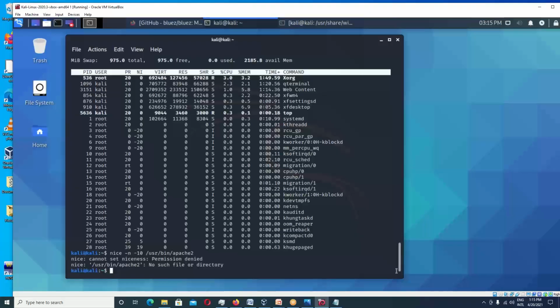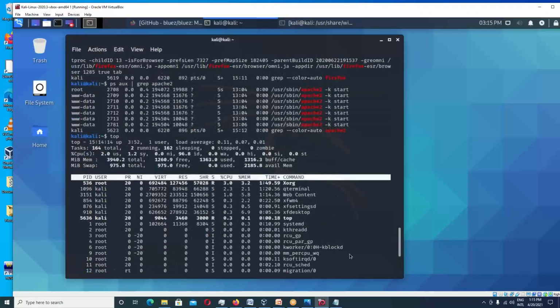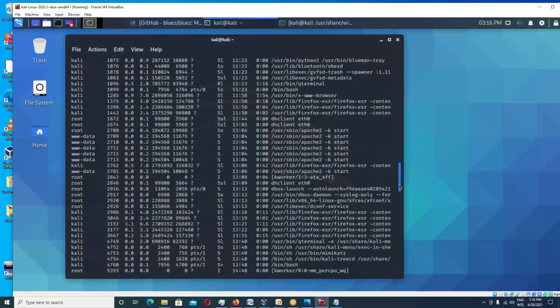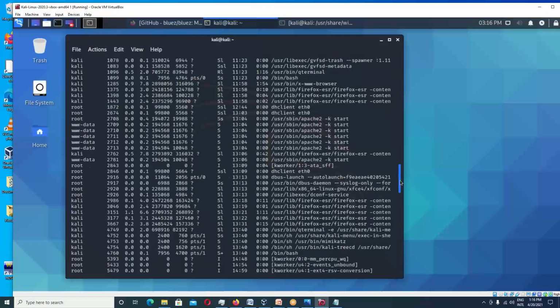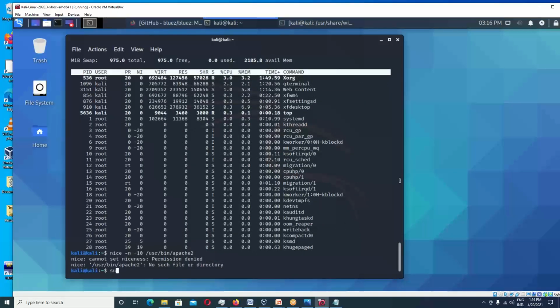and hit enter, and permission denied. It also tells me there's no such file. Let's go back and check that. User sbin, my bad. So first of all, we've got to use sudo and then nice. And we want to increase this priority, not all the way to -20, but to -10. I know it seems strange that higher priority means a lower number. So -10 and then user sbin Apache 2,